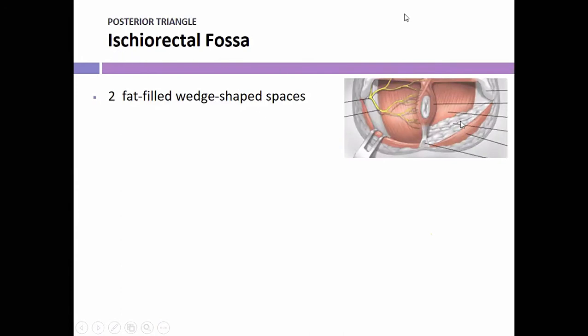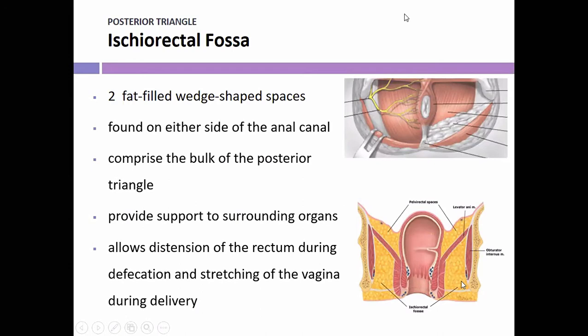What is this ischiorectal fossa? These are two fat-filled wedges or spaces which are found on both sides of the anal canal. Another picture that we can clearly see the ischiorectal fossa is this yellowish structure. Now, they comprise the bulk of the posterior triangle, and this provides support to the surrounding structures or organs, so that during defecation, this fossa will allow the distension of the rectum